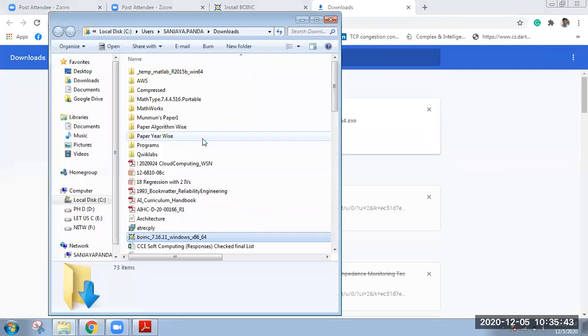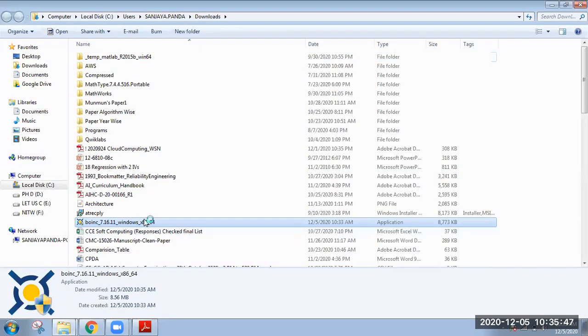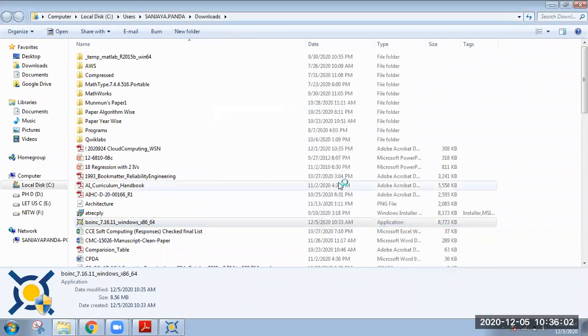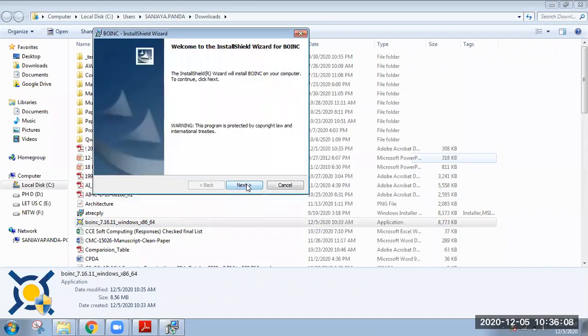Now you have to install it. Installation is very easy, like other software. You have to double click. It is prompting me: do you want to allow the following program to make changes to this computer? I am writing yes, as I want to install it. It will take a little time to install, so all of you please install it. Simply click next like other software you install.